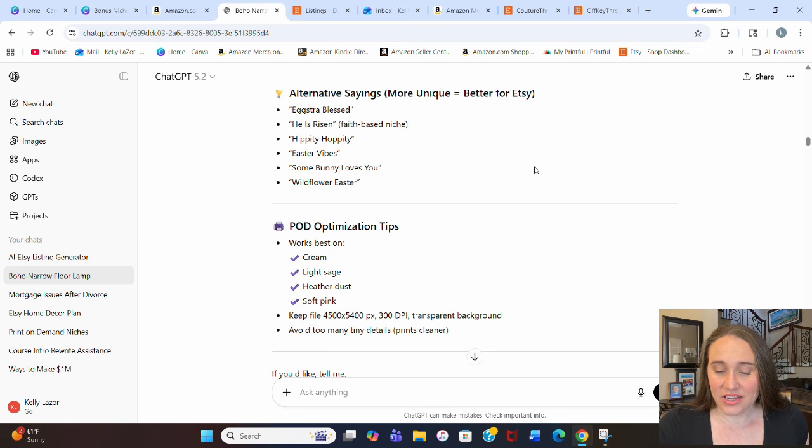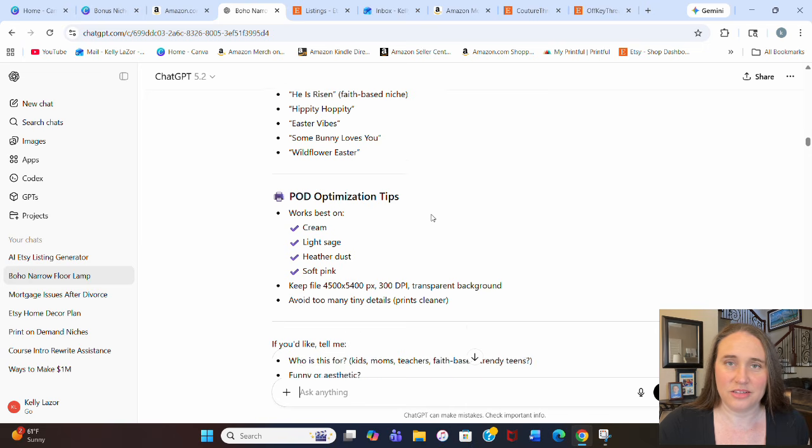And it even then comes down here. POD optimization tips. Works best on cream, light sage, heather dust, and soft pink. Keep the file 4500 by 5400 pixels, which is what I use anyways. 300 DPI, transparent background. Avoid too many tiny details, prints cleaner. I mean, wow. I'm pretty amazed by the depth of the answer that I got from a single